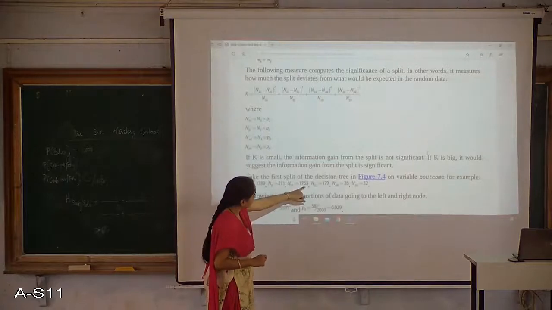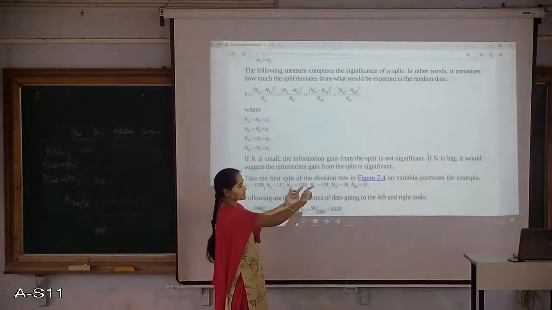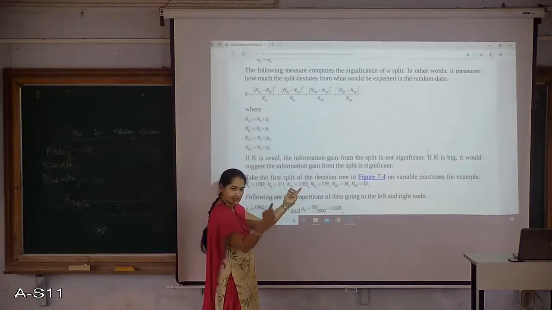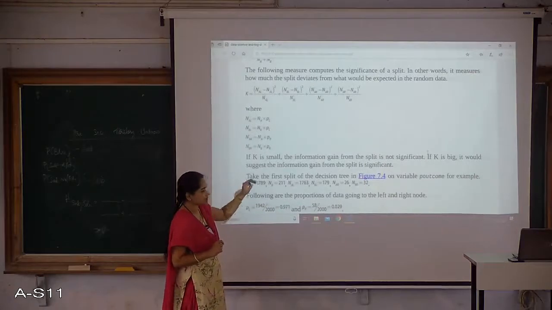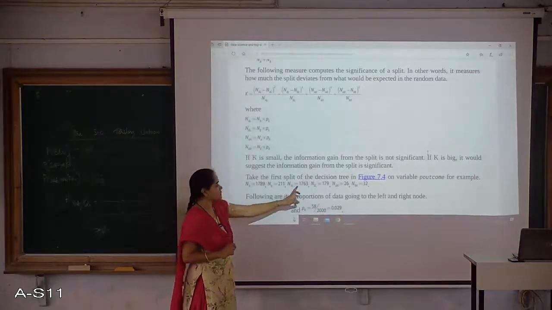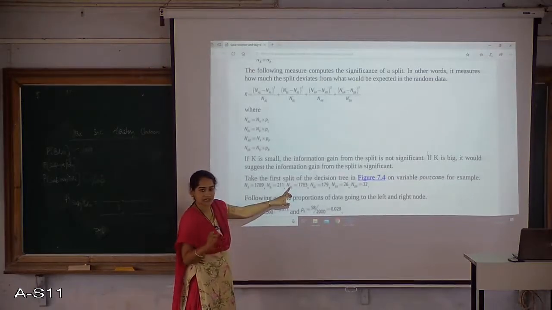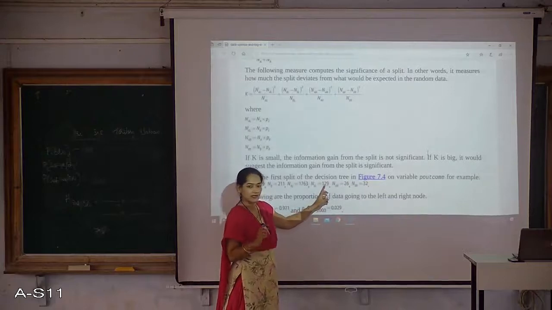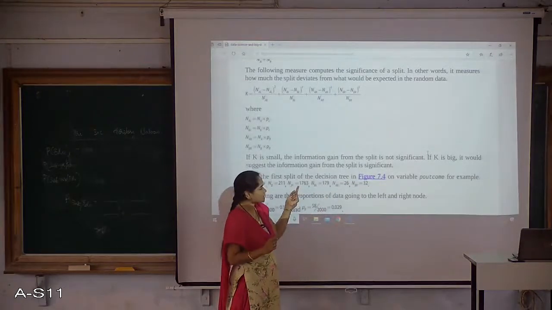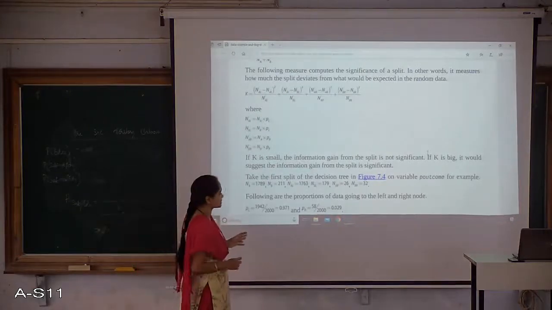Then, I am going to take the left side of it, because I decided that P outcome with some values goes to the left side, and some to the right side. On the left side, with the 3 values as shown in the diagram, there are 1763 entries belonging to class A, that is no, and 179 of S classes, with the condition that P outcome is failure, unknown or something like that.